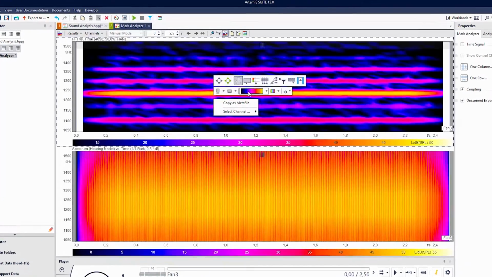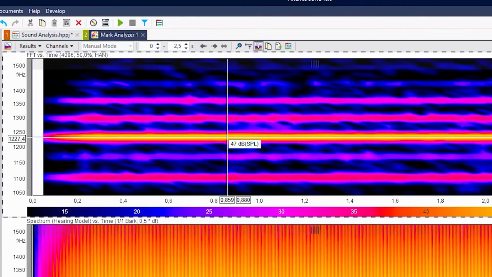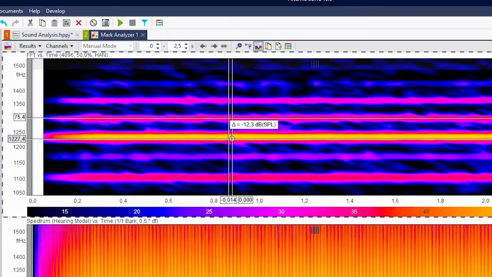If I just open my cursor line and see this is the main tone in there as a reference, and see the next tone as 75 hertz apart of it. And that's something, if you have 70 hertz between 2 tones, the human ear cannot divide. It's in the same bark. We hear that as an alternating tone. So we hear the first tone alternating in its amplitude, which is not. There are 2 tones, but I hear,